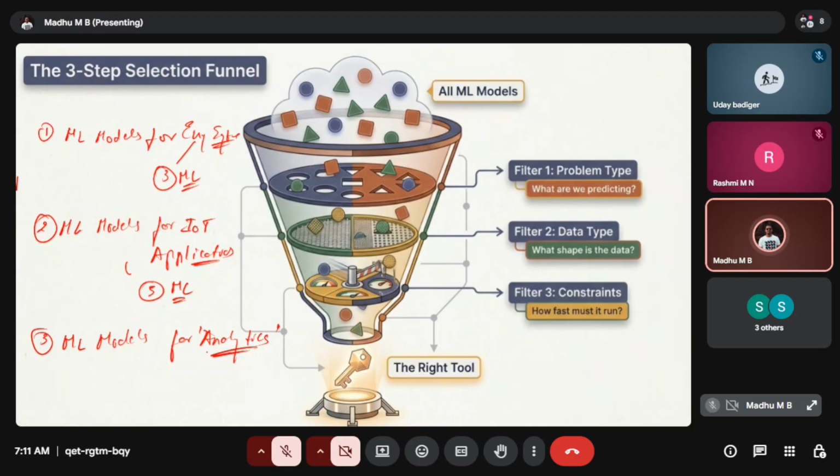In analytics also, I have chosen three ML models that could fit what we are going to do. So let's start with analytics, and then we'll move to the energy systems, and then IoT. Now, before we keep diving into the models, let's understand why and when we have to choose the models.